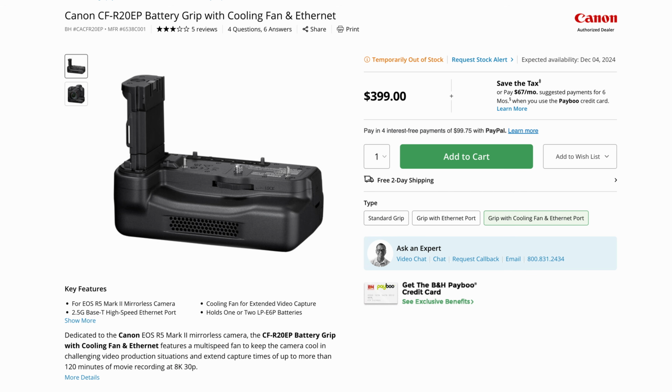Now, the R5 II can definitely overheat, and I made a detailed video about overheating and runtimes and stuff like that, link down below. You can also get the cooling grip for this, which is $400 and definitely increases runtimes, but you can still get the camera to overheat in a lot of modes, and it does add bulk and more rigging and stuff like that. So if you definitely need a camera that is very reliable, with long run times, in any situation,